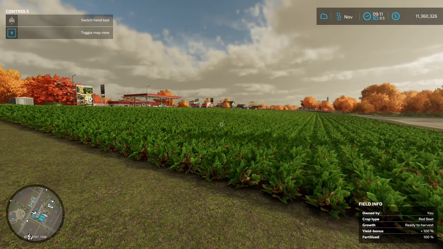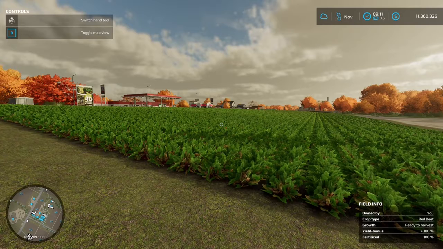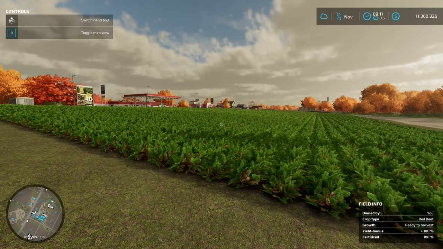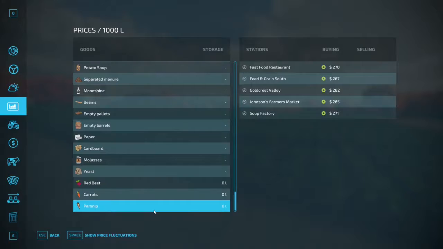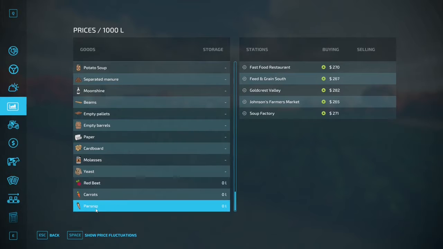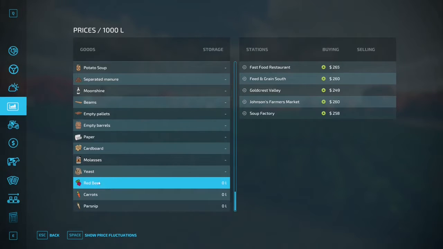Okay, so root vegetables. You can see here I've got some red beet that is ready to harvest. But let's take a look at things that we can do with these root vegetables, how we plant them, what we can do with them, and then how we harvest them. So, root vegetables, they came in the premium expansion. We've got red beets, carrots, and parsnips. Now we can sell these